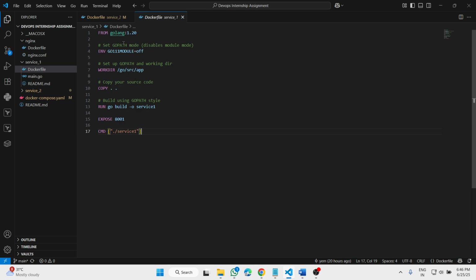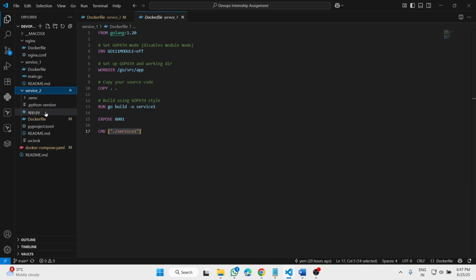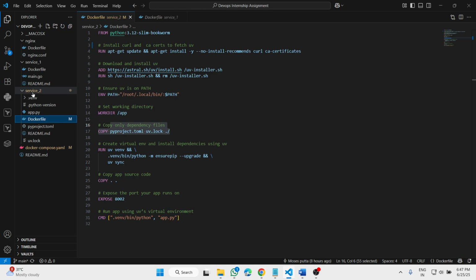I used the official Go base image. I set the working directory, copied the source code, built the Go application, exposed port number 8001, and ran the application. In the same way, I wrote another Dockerfile in service 2